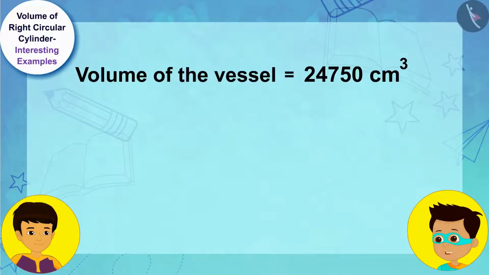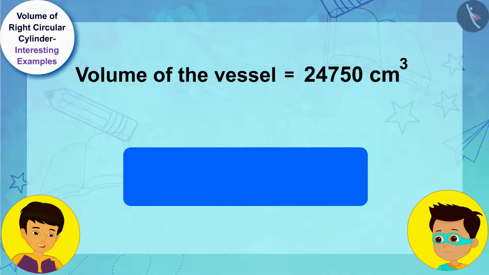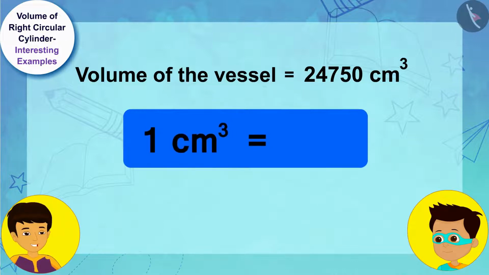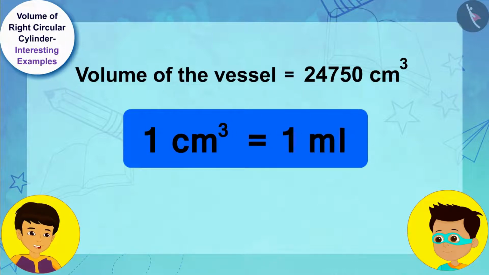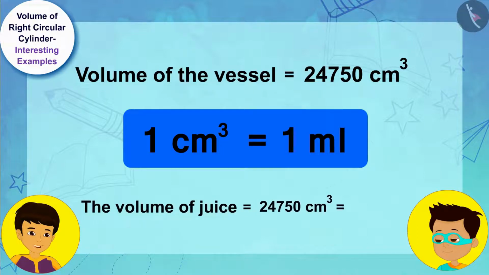But Manas, this is in cubic centimeters and we measure juice in liters, don't we? Yes, Thomas. See, 1 cubic centimeter is equal to 1 milliliter. Therefore, we can say that the volume of juice is